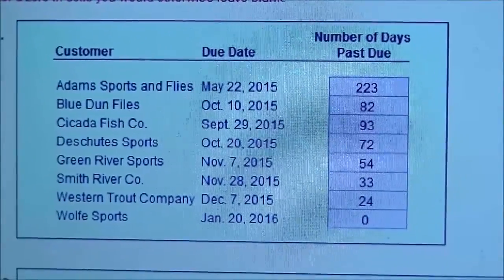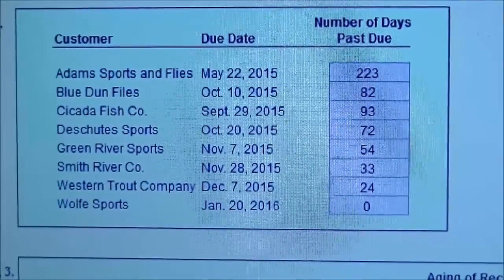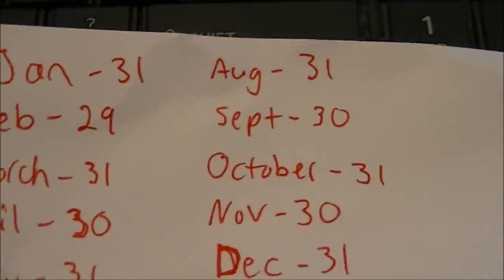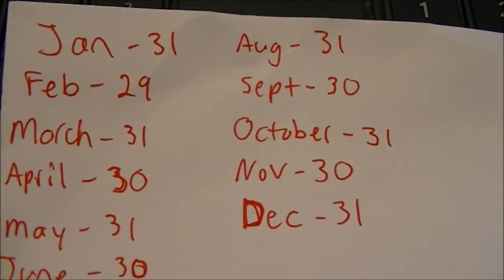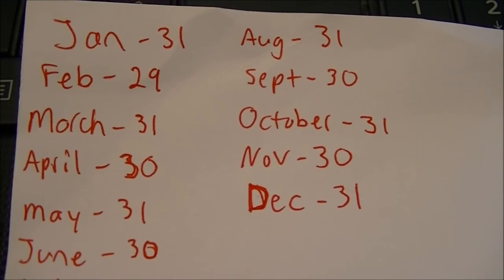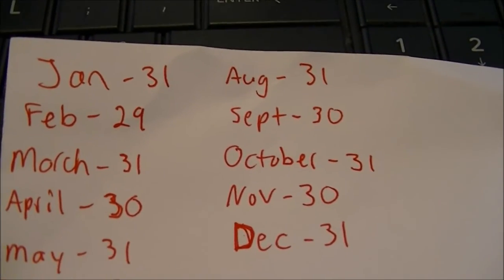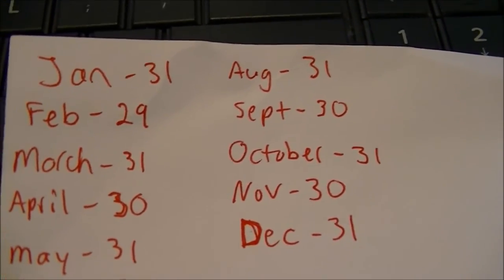So what you're going to do first is to create a card like this with all the days of the dates. So January has 31 days, February has 29, all the way to December. Okay, so for our first question,